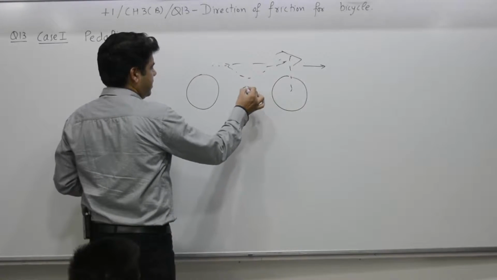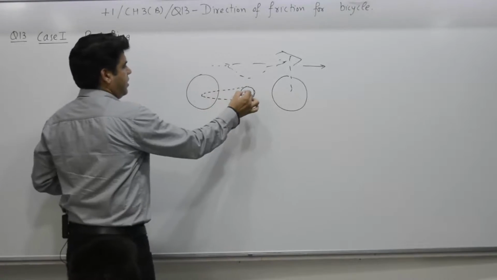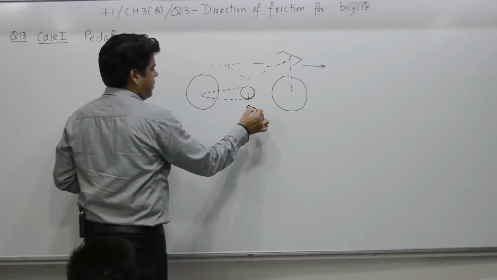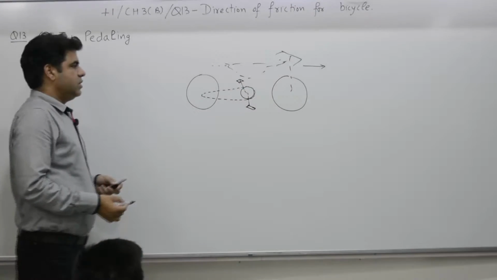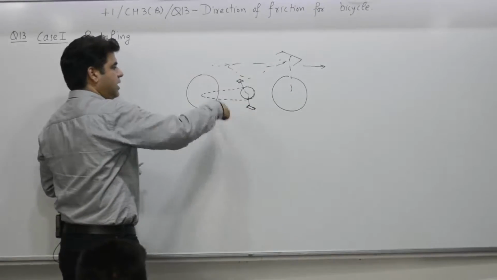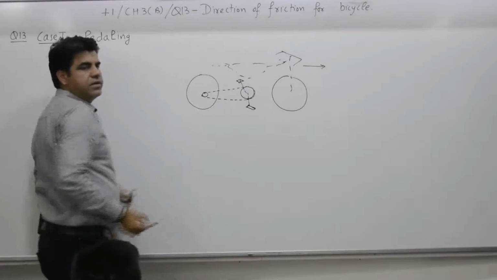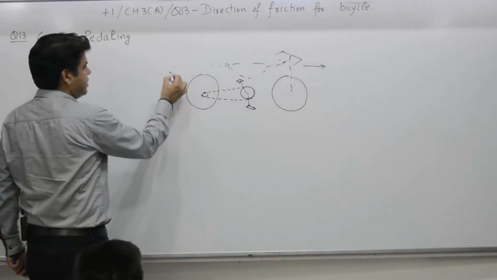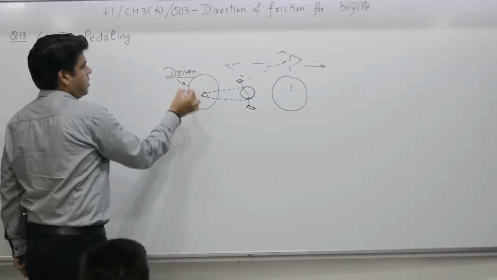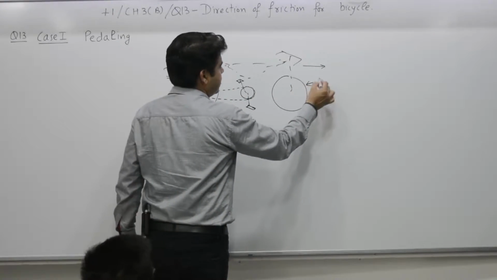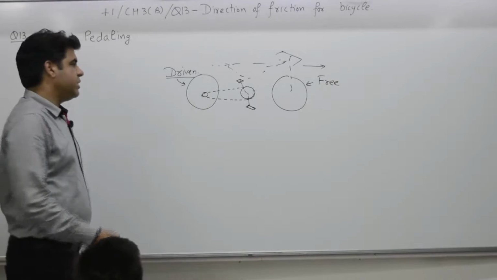So, here you have a chain, and you can say pedals diametrically opposite. This chain, when you pedal it, this chain drives the rear wheel. So, rear wheel is driven wheel and the front wheel is free. Free means